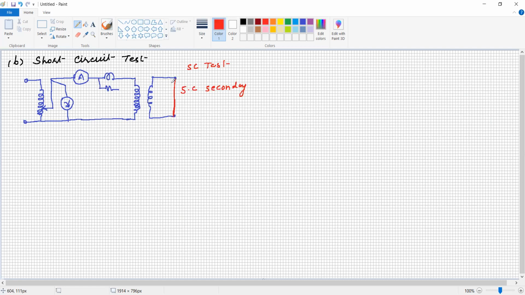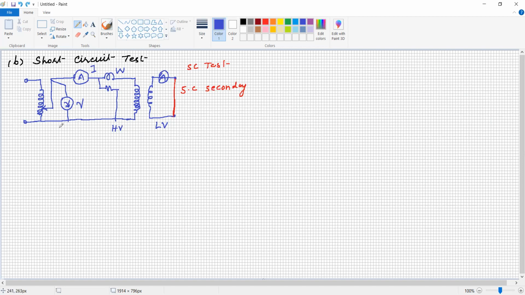Okay. Now in the short circuit test, we may connect a meter here. And this side is from the W0. Instead of this one, it is a V. Current is I. Power is W. Okay. Now this will be the LV side and this will be the HV side. Here the connection has been reversed. The direction has been reversed.